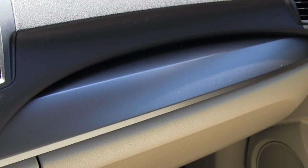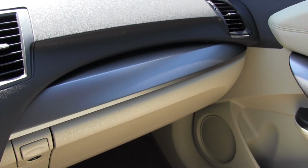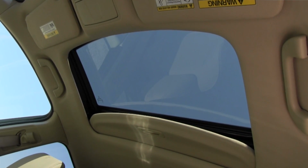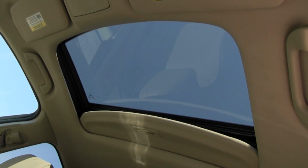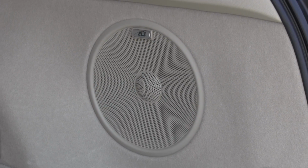This color combo of parchment and ebony covered leather looks fantastic and really brightens things up. And the sunroof doesn't hurt either, although a panoramic roof would have been even better. Our tester comes fully loaded with an ELS surround system,